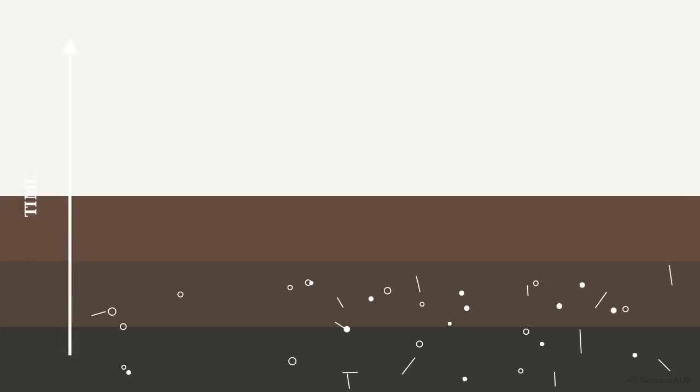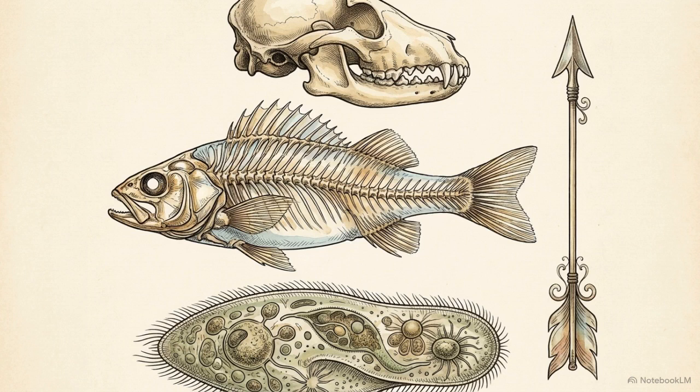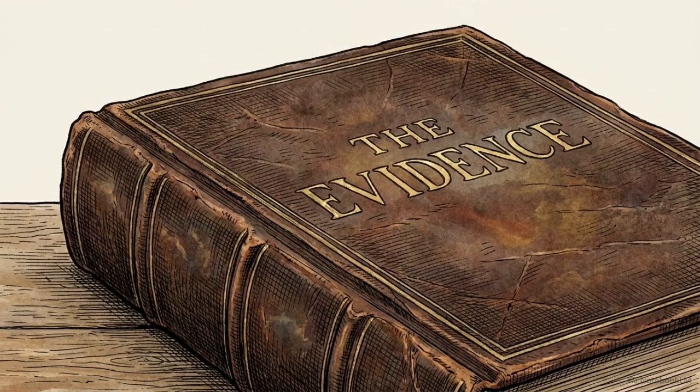When we dig into the earth, we find a consistent pattern known as stratigraphy. The lower layers of sedimentary rock contain simple, ancient fossils. As you move up to the newer layers, the fossils become increasingly complex, showing highly developed modern forms like mammals. This distribution is highly ordered. Finding simple organisms at the bottom and complex ones at the top provides direct physical proof that life evolved gradually